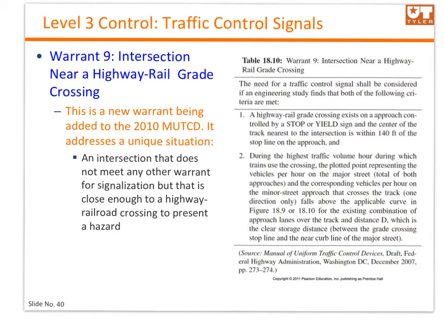In other cases, at least one has to be met. Here, both situations have to be met. What are these two situations? The first one is if the highway and rail grade crossing exists on an approach controlled by a stop or yield